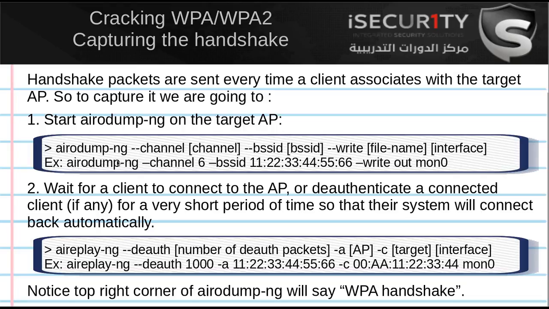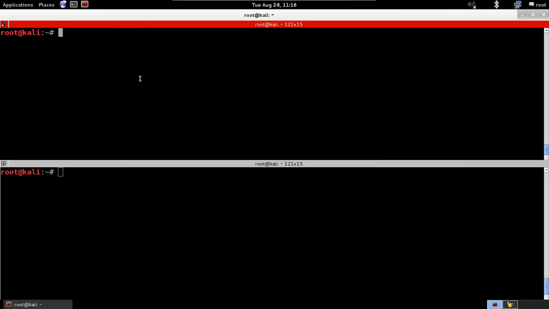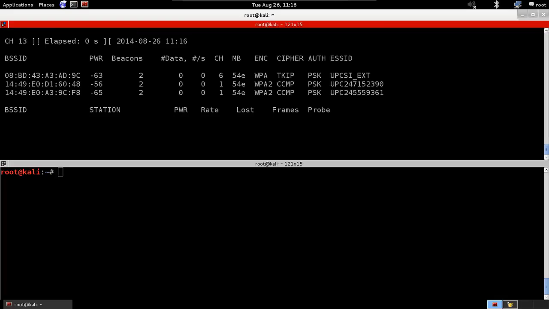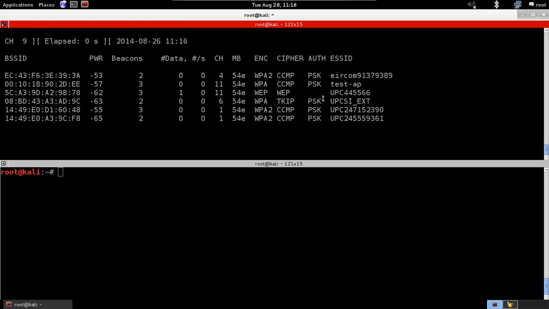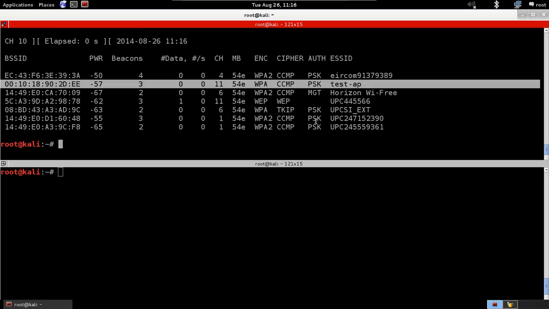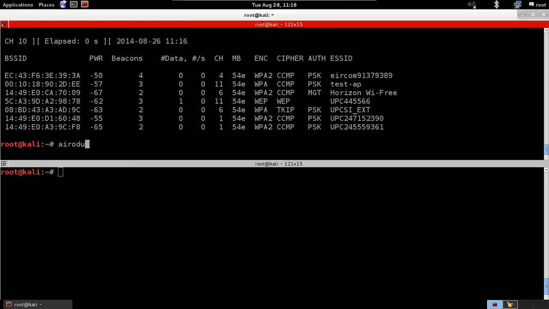So to crack a WPA key, the first thing we're gonna need is to capture the handshake. We're gonna capture the handshake using Airodump-ng, the same way that we used to use it with WEP encrypted networks. So we're gonna run Airodump. I'm just gonna run it on everything now to get the information about my target network. And this is my target. So it's Airodump-ng